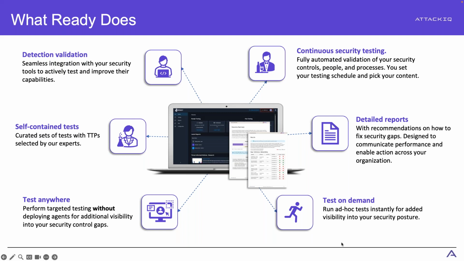Self-contained tests. Each test we run in the product is a curated bundle of tactics, techniques, procedures, TTPs, selected by our researchers for objective-based testing. Now that is, if you're testing for a specific adversary or a specific control, like firewalls, we've curated the tests